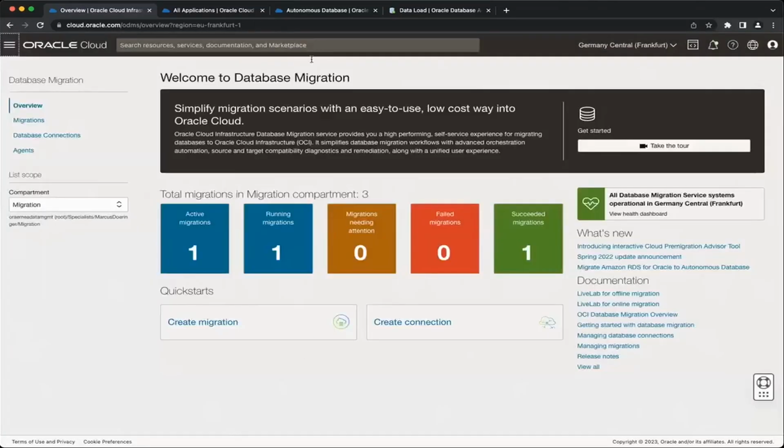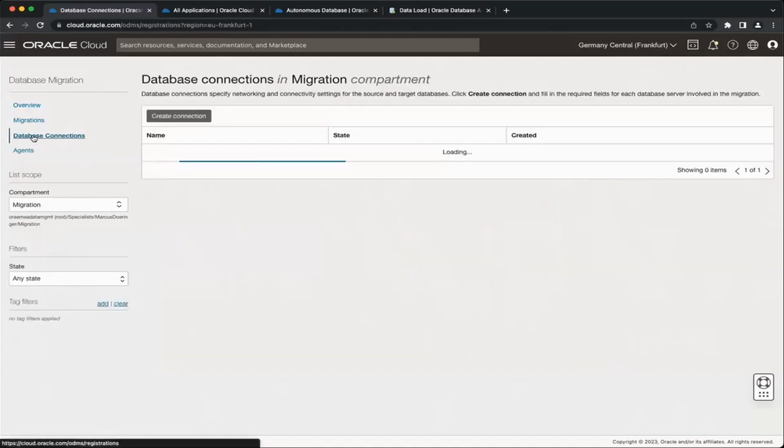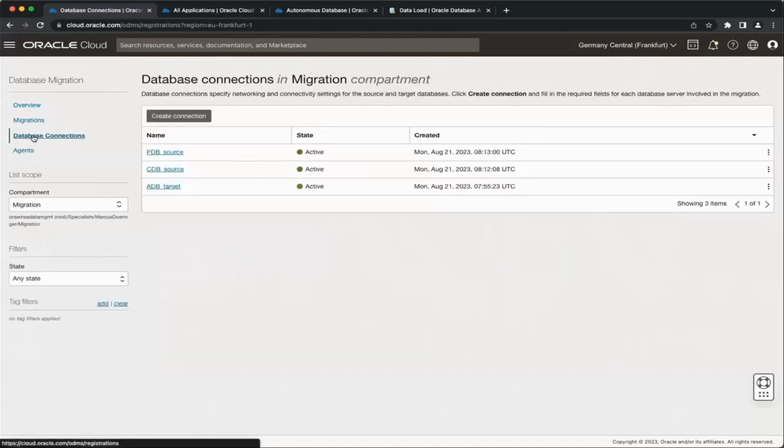And then you end up at this start screen here, which provides lots of useful information. There are Live Labs and other useful links. And the first thing you need to do when you want to do a migration is define your database connections, to tell DMS how to connect to your source database and how to connect to your target database. Now, I already have pre-created a few connections here, but normally you would go to